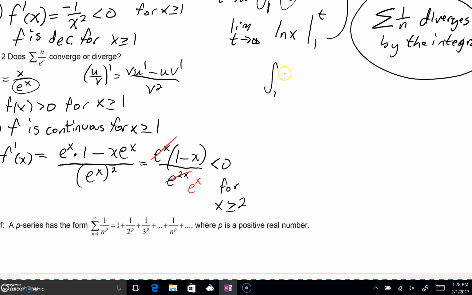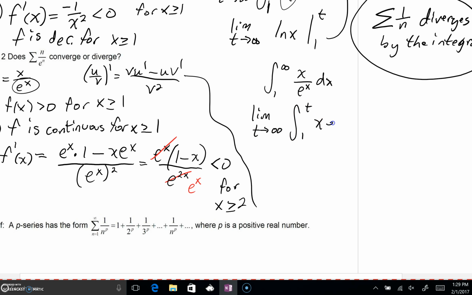We'll say we can go from 1 to infinity, say this is x all over e to the x. And immediately, I'm going to say limit as t goes to infinity. You definitely want to get into that habit. And guys, for the sake of time, I hope you can see that I decided to raise e to the negative x up because now I hope when you look at that integral, you're thinking, wait a minute,